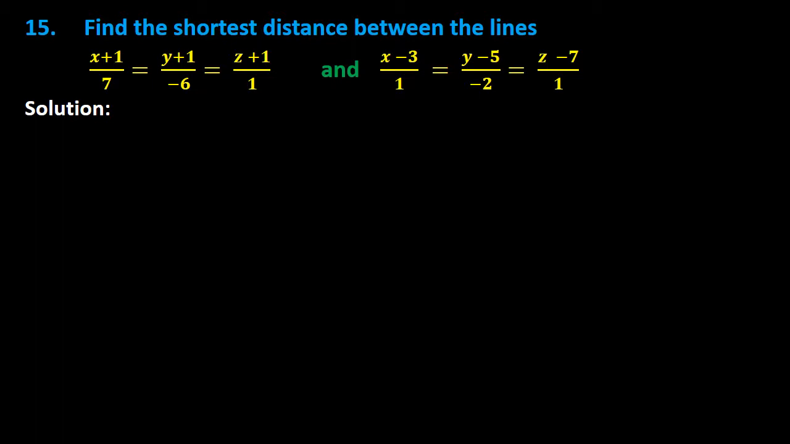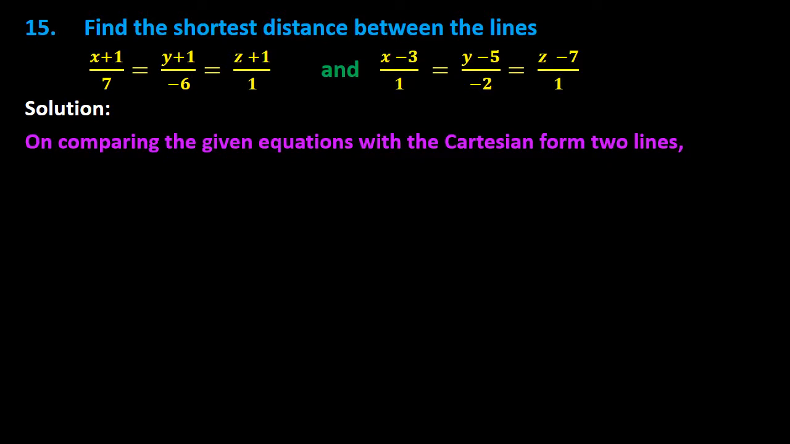Now let me solve question number 15, and in this question the equation of the line is given in the Cartesian form. The first thing that we have to do here is compare this equation with the standard form of the equation of the line in Cartesian form, and then extract the values for x1 y1 z1 a1 b1 c1 and x2 y2 z2 a2 b2 c2. So comparing the given equation with the Cartesian form of two lines,